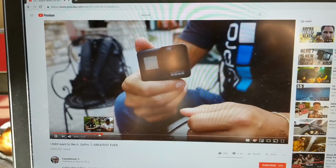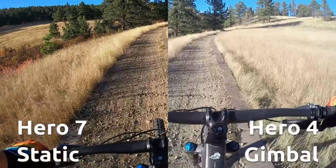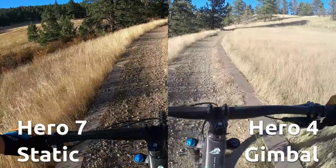So is the Hero 7 the Gimbal Killer the GoPro claims it is? No, not the way I use it. It certainly has some improved stabilization, but this does not replace a gimbal. Am I gonna buy one? Maybe. One thing I found in this is that the image quality is much better on the Hero 7 than